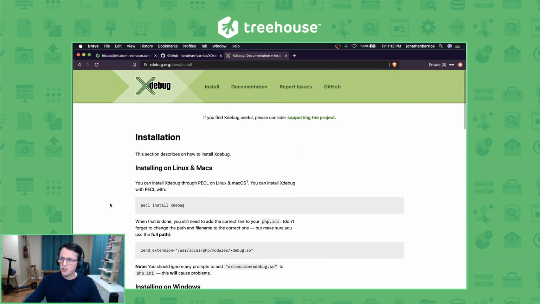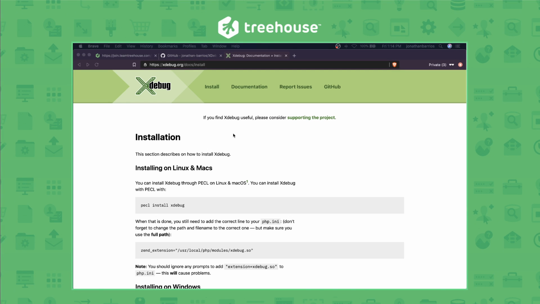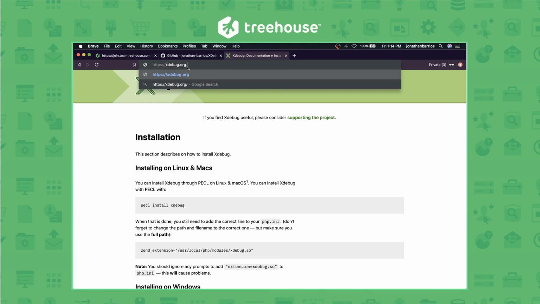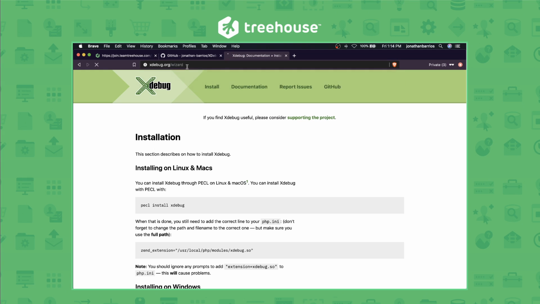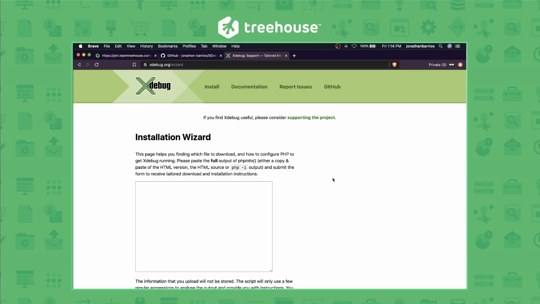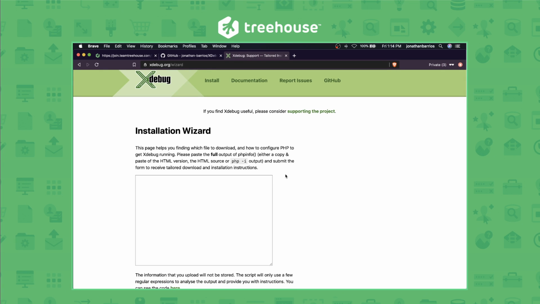Okay, so definitely check this out. Now I'm going to show you the wizard, which is really the most common way to install XDebug, especially on Windows. Let me give you some more screen real estate. And basically, once you're at this URL, all you have to do is type in wizard. That'll take you to the wizard. Okay, so this is what we want to